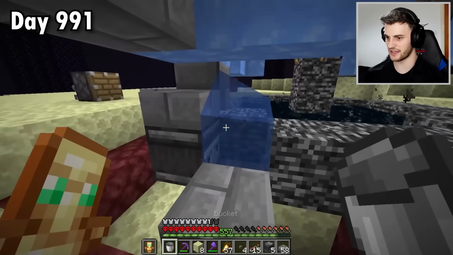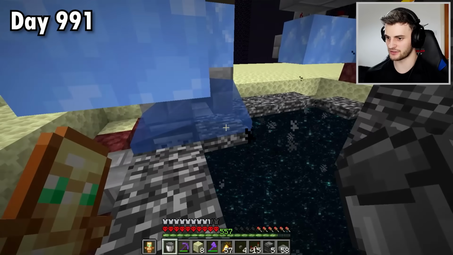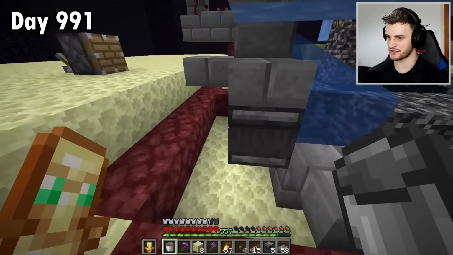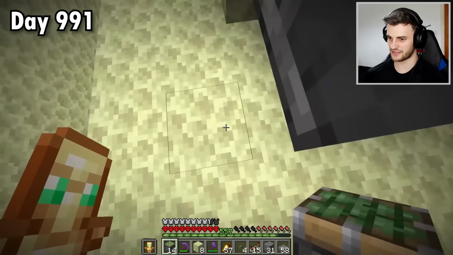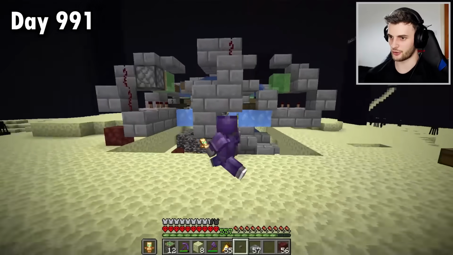So you can see it flows into here. But once the end portal activates and the dragon is spawned, it will temporarily turn this block to air and then the water will reflow back down. And this will activate the observer. I'm guessing you didn't come here for me to teach you how redstone works, so I'm just going to get on with the building. Then that observer connects all the way to this redstone and it goes straight up to